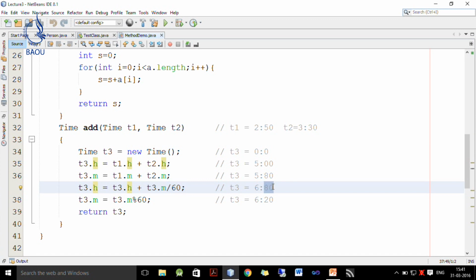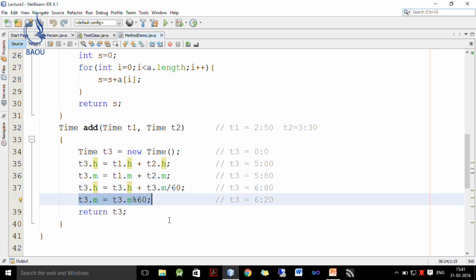But now I want to subtract 60 from these 80. So, how to do that? I write T3.m is equal to T3.m modulo 60. That means, we have to take only the part above 60, not the entire 80.